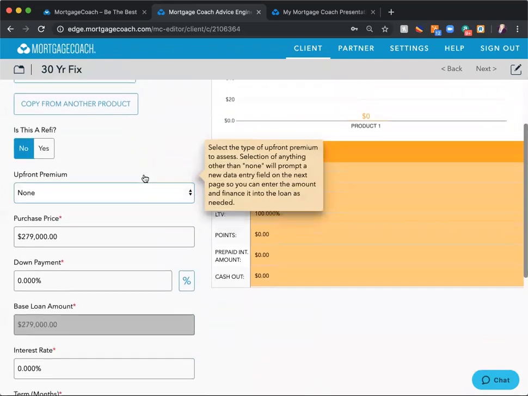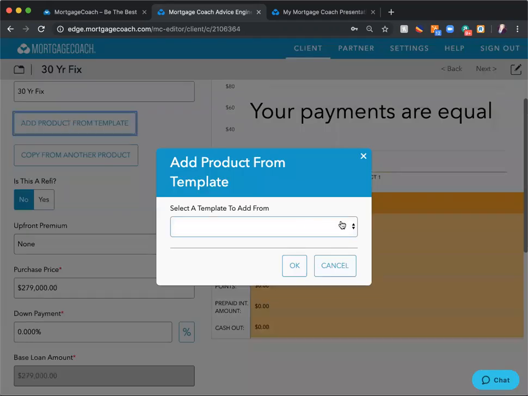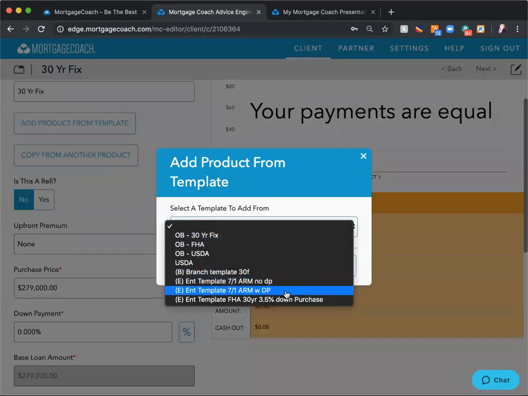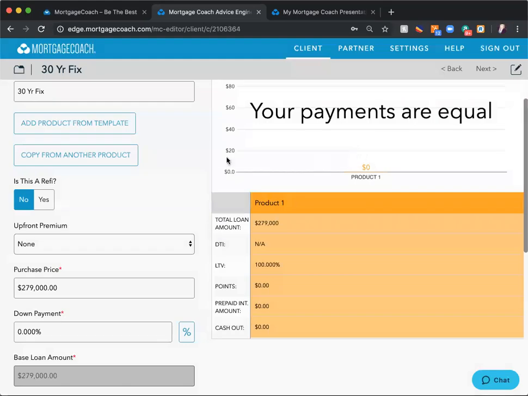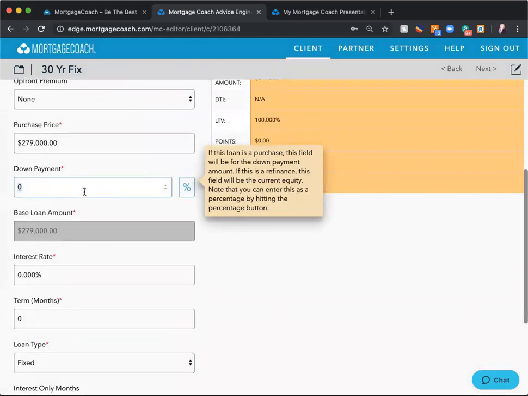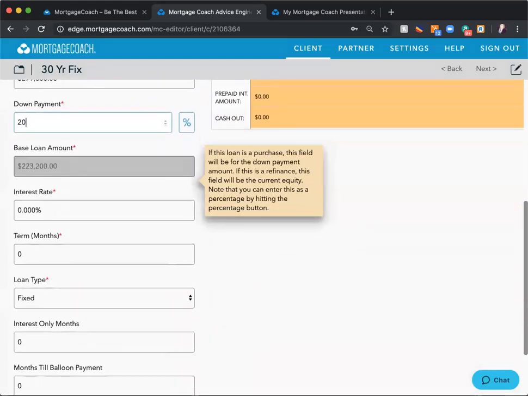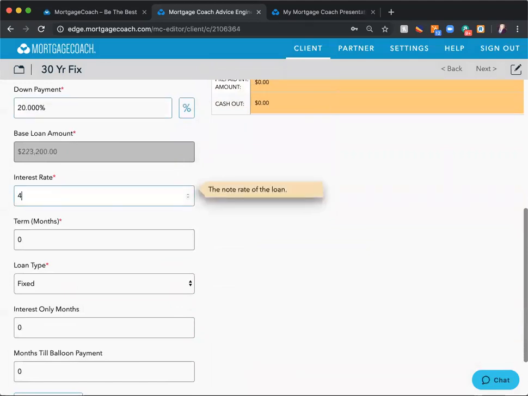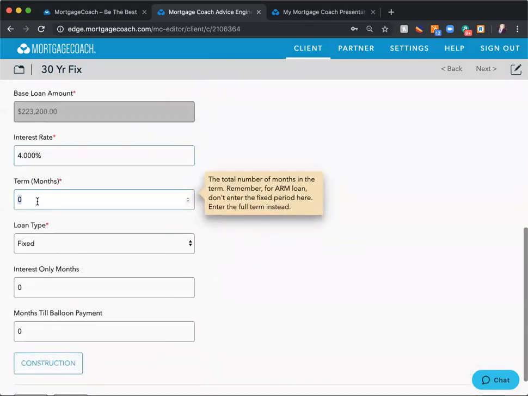I'm going to go in, and if you have a product template, drop in your product template. That's going to be the fastest way to do it. If you don't have a product template, you need to come in and put your fees in there. So I'm going to add my down payment. I'm going to do a basic conventional 30-year, my interest rate, my 30-year term,